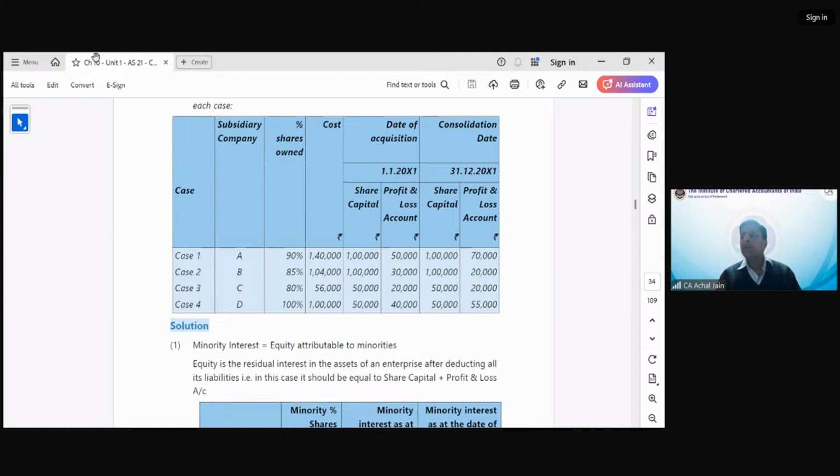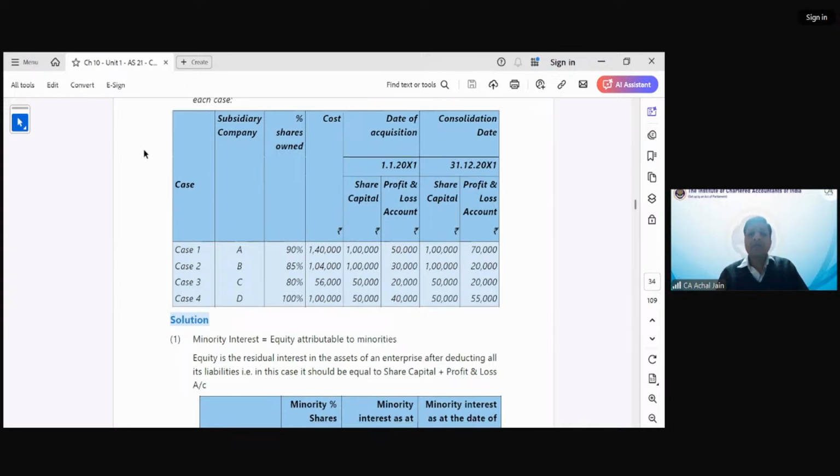Yes or no? You need to pick up the proportionate share of equity. And how do you pick up the proportionate share of equity? By picking up proportionate share of net assets. Yes. So if you pick up the proportionate share of net assets, that is what is equity for you. Okay. So now, in this case,